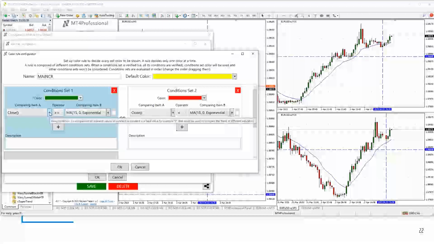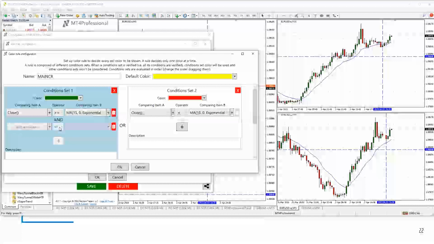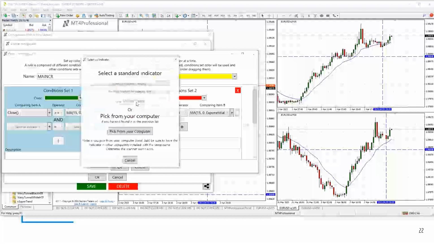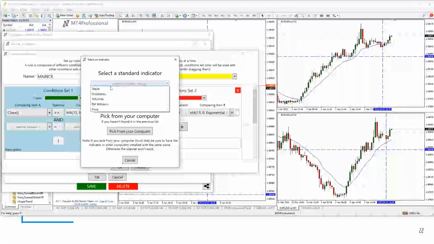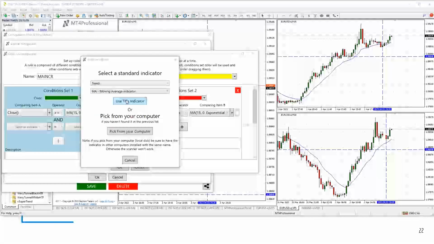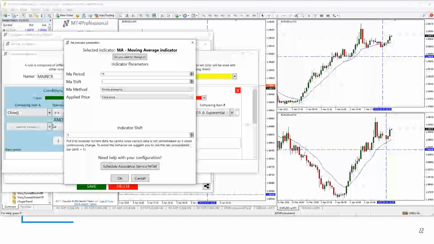So I can use the plus sign to load any indicator on my MT4 or any third-party indicator for that matter to evaluate. So if I add another line, click the plus sign, I choose an indicator, and I'm not looking specifically at anything special, but I want to see if a specific moving average indicator, and in this case, since I already have a 15-period EMA, I want to find a 50-period simple moving average.